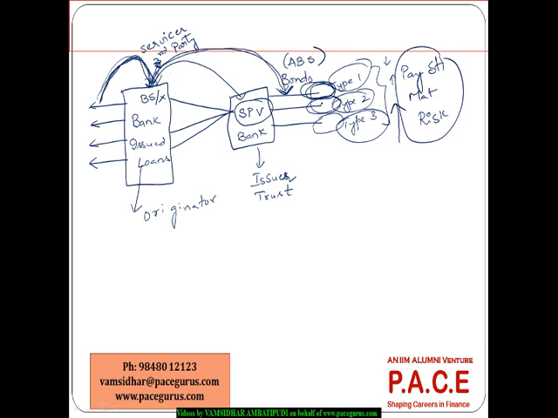This group, to some extent, part payments might be received. This group may not receive the payment at all in a particular month. So this group is exposed more and more to the risk, whereas this group is much less exposed. Which is again resulting in the yield being much lower for this group, slightly higher for this group, very high for this kind of group, right? So this is how a typical securitization structure looks.